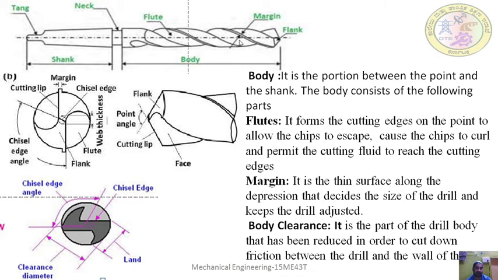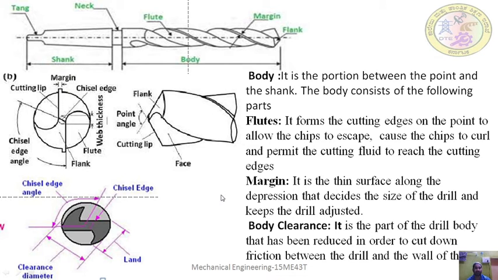So it is a small gap between these flutes. You can see here, this portion is called as margin. Body clearance, you can see the body diameter is actually reduced to some actual diameter. If you measure this surface to this surface, this body portion here in the flute surface, it is slightly reduced. You can see here the clearance diameter. So this diameter is reduced.